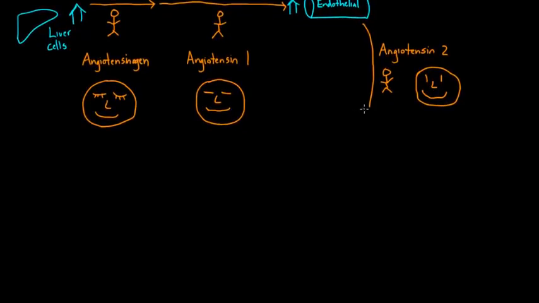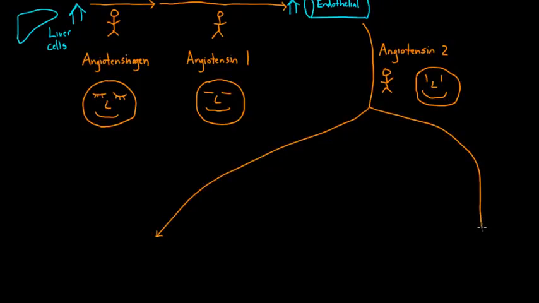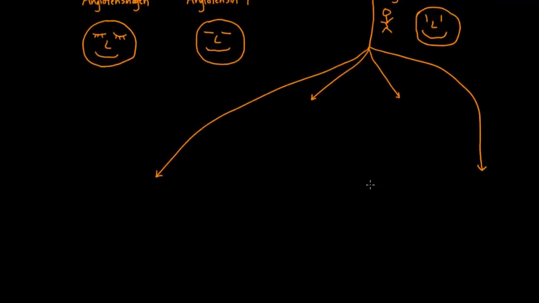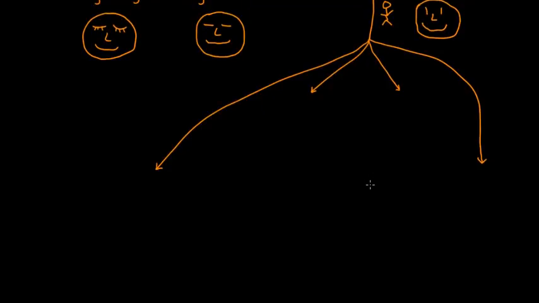So angiotensin 2 will go out to a number of different places. I'm going to draw 4 arrowheads here. 1, 2, and then 2 in the middle here. 3, let's do 4. And so it goes to 4 places, and 4 different cell types are affected by angiotensin 2. Now keep in mind, at the beginning of all this, we're trying to raise blood pressure. So just keep that thought in your head. So 4 different cell types are affected, and